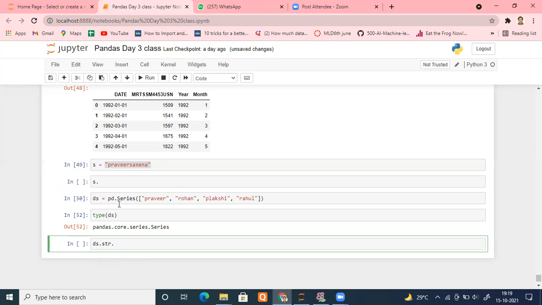And once I've taken a column, a column is a data series as well. If you take any particular data frame and take its column, it's a series as well. Suppose that has a string component. So I just type ds, it means I take that column. Then str dot. Once I press tab, see, I'm getting the same thing which I was getting there. So what was my purpose in telling you? In your data frame or table, you may get a column which is completely string. Suppose, let me give you an example.